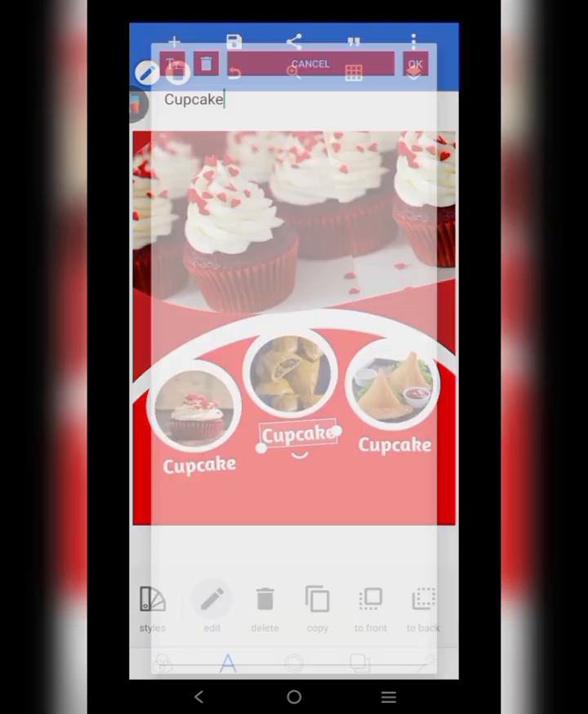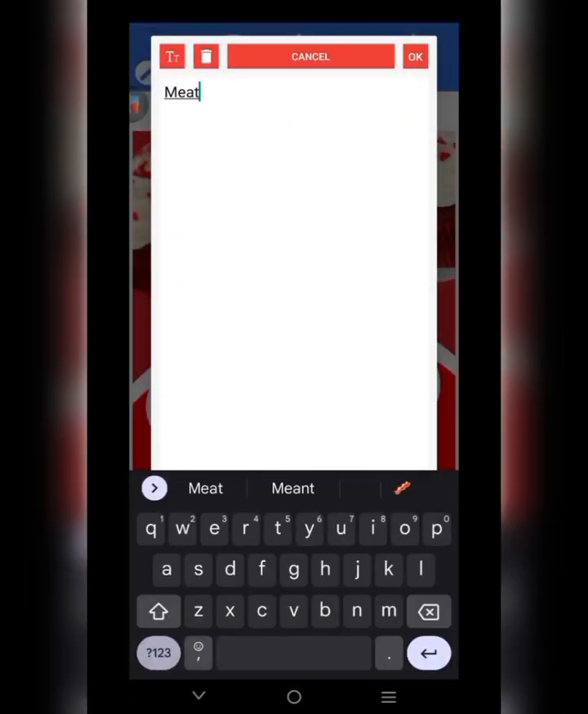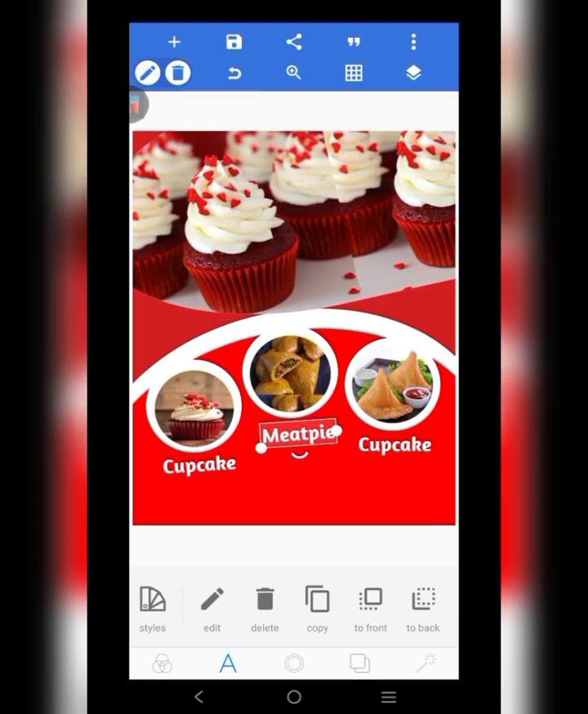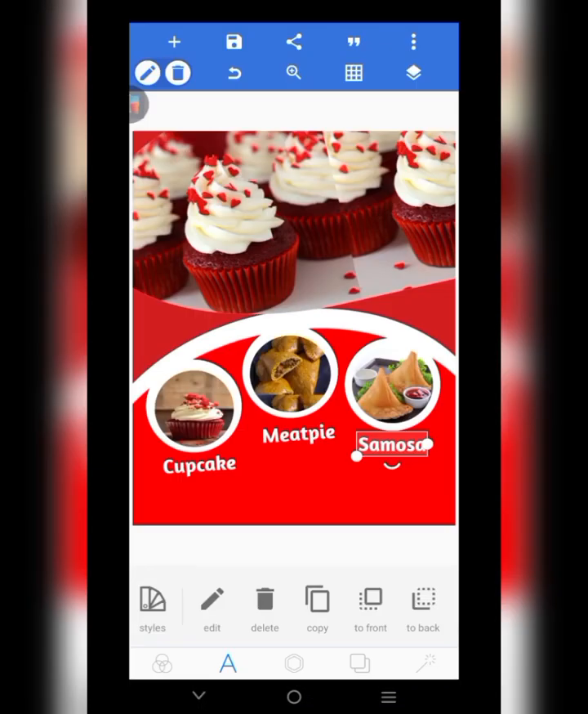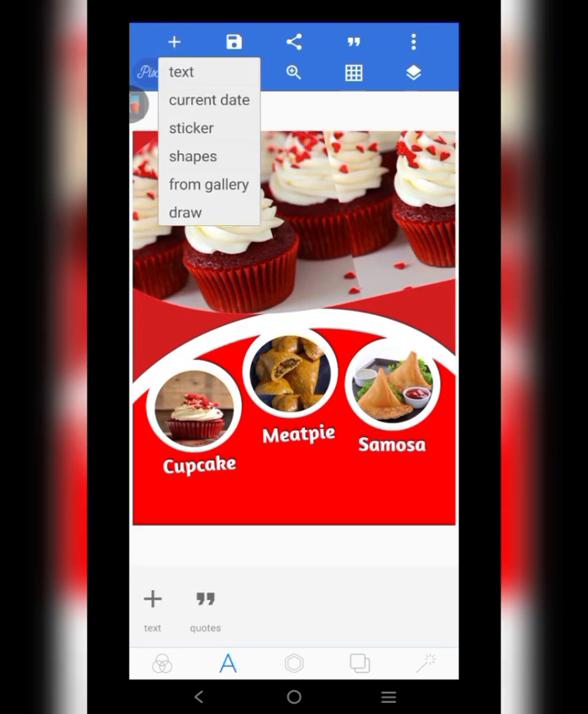So I changed the name to meat pie, because the next one is meat pie. Then the last one there is samosa. So I changed the name to samosa and click OK. So it's looking fine. So the next thing I did is I went to click the plus sign and click